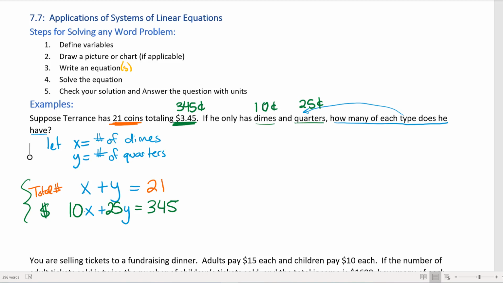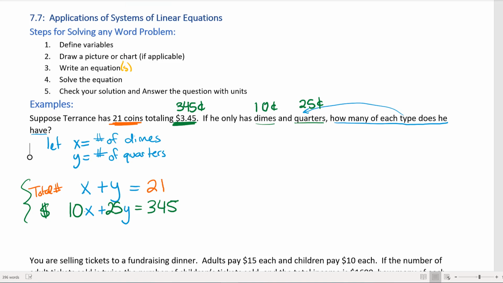Now, step 4 says solve the equation, right? So we're actually going to go ahead and solve. I get to pick how I want to solve this. Do I want to solve this using graphing, substitution, or elimination? Well, I almost automatically eliminate graphing. I don't want to graph anything with a number 345 in it. My graph would be absolutely huge, and I actually don't like graphing that much. So what I'm going to do instead is choose either substitution or elimination. Either one is fine. We could substitute by solving for one of the variables x or y of the first equation,